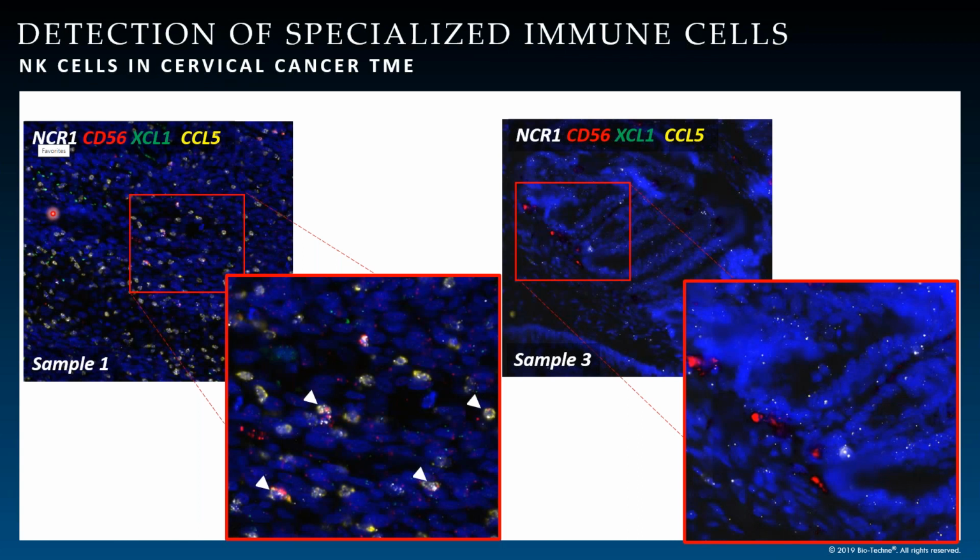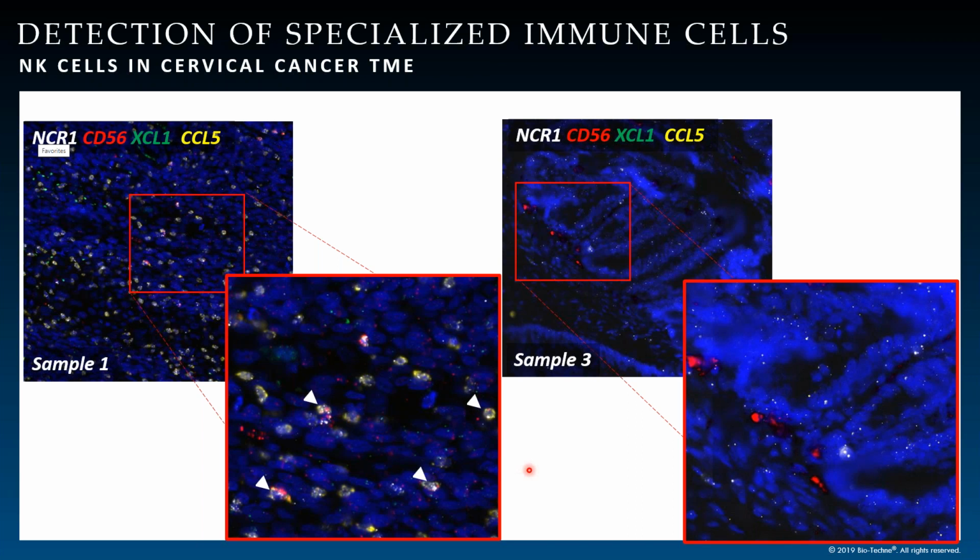So we designed probes against specific markers belonging to NK cells and against markers belonging to the soluble factors secreted by NK cells like XCL1 and CCL5. So here we show that we were able to co-localize all these 4 markers to identify NK cells in this cervical cancer tumor. And compared to sample 1, sample 3 showed low to no presence of these NK cells. So we were able to co-localize all 4 markers to identify these cells that are not very abundantly present in